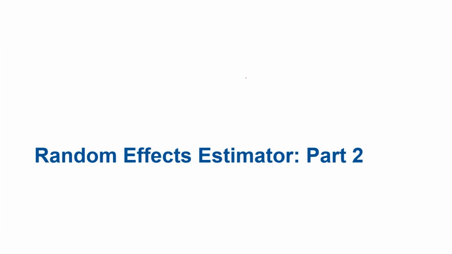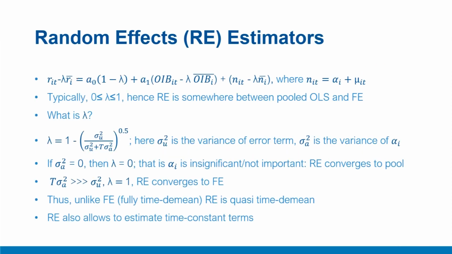In the previous video, we discussed how the random effects transformation is sort of in between two extremities, that is pooled and fixed effect. In this video, we'll examine this issue in more detail in an empirical manner. Recall, in the previous discussion, we said this is the transformed random effect system, and this parameter lambda determines the position of random effect between the pooled and fixed effect estimator. For example, it varies between 0 and 1. If it is closer to 0, then the model is pooled, and if it is closer to 1, then the model is closer to fixed effect. Let's see how it works.